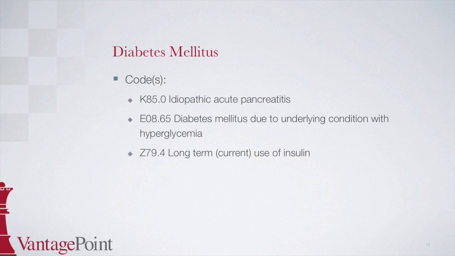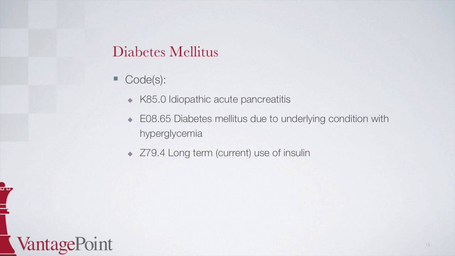The first code is K85.0, acute idiopathic pancreatitis. Remember that for secondary diabetes due to an underlying condition, the underlying condition is coded first. To locate this code, go to pancreatitis in the alphabetic index, and the next heading is acute. Indented below acute is the term idiopathic, which points to K85.0, which you would then confirm in the tabular. The second code is